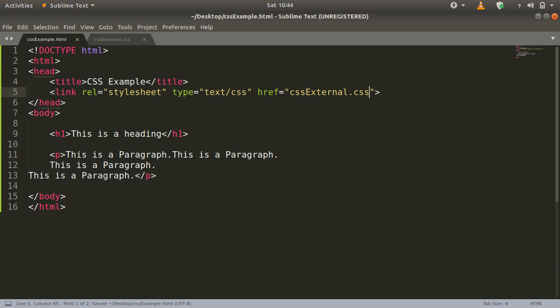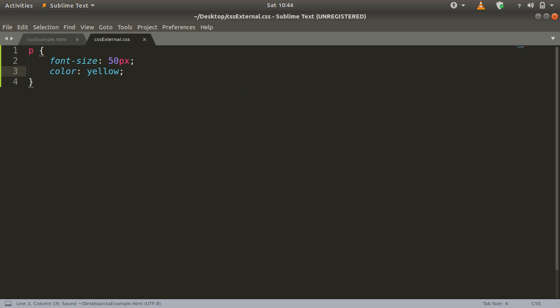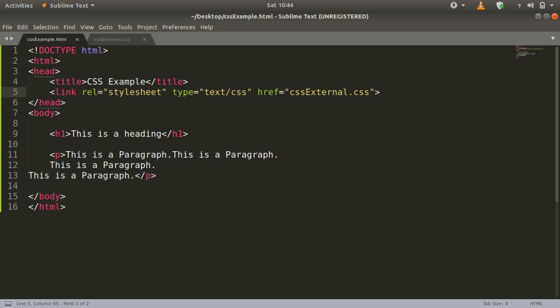If this file resides inside of any other folder, then you have to give the actual path of that folder. If it is in a folder named dummies, you have to write the folder name first, then a forward slash and then the name of the file. But in our case, the HTML file and the CSS file are in the same folder.